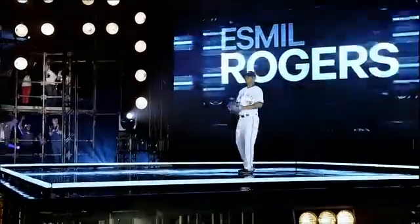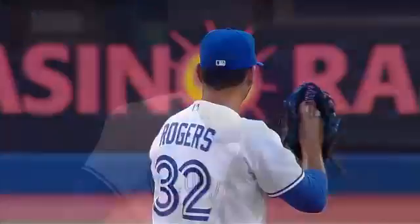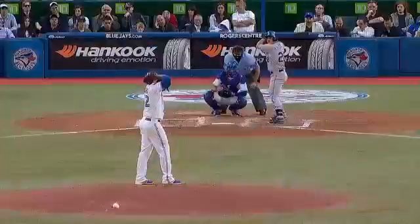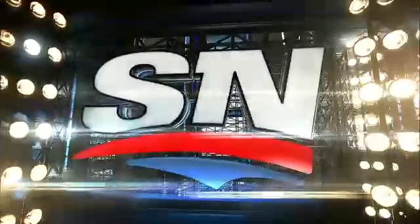Esmail Rogers has faced his former club for the first time, and he's made a positive impression. Well, he's dominated this game tonight. Only 1 hit. He's got the sinker working. He's got the good hard slider working. He's throwing the fastball in and out. It's just working. Everything's working. Yeah, I think that's the key for him, that he's been able to go both sides of the plate with his